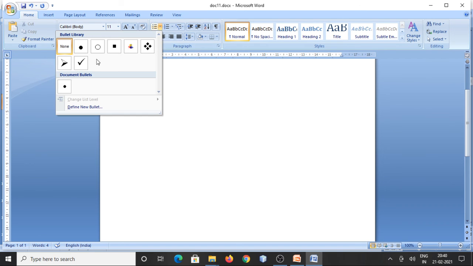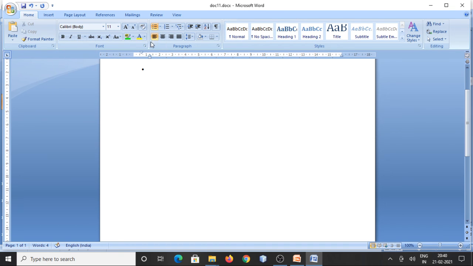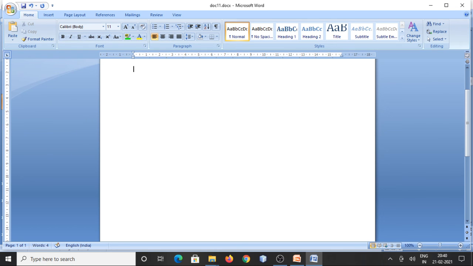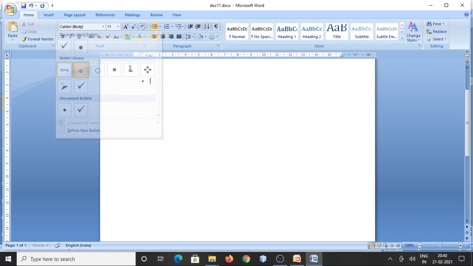Next, this is called bullets. When you select this one, you have to take any one for document bullets, or you can take a right mark, then whatever you write will be displayed on the screen.